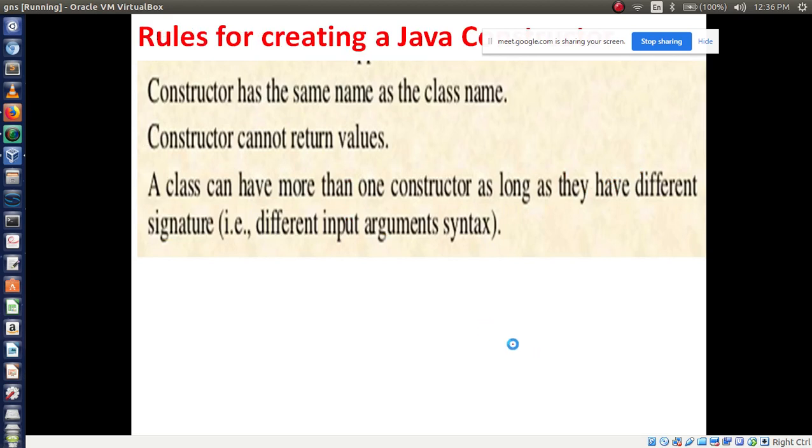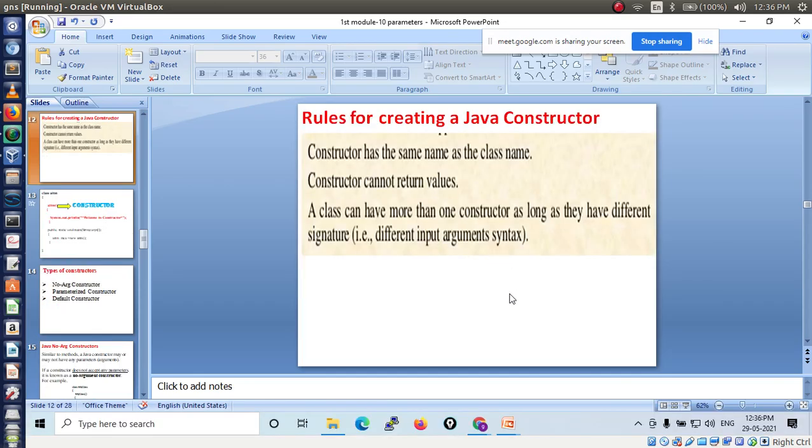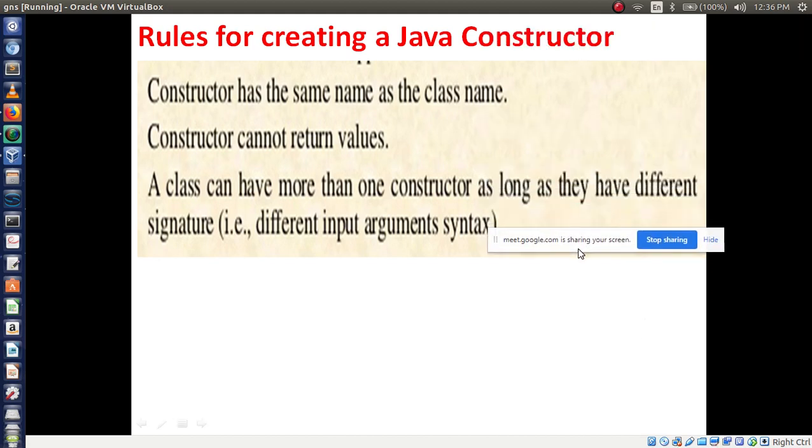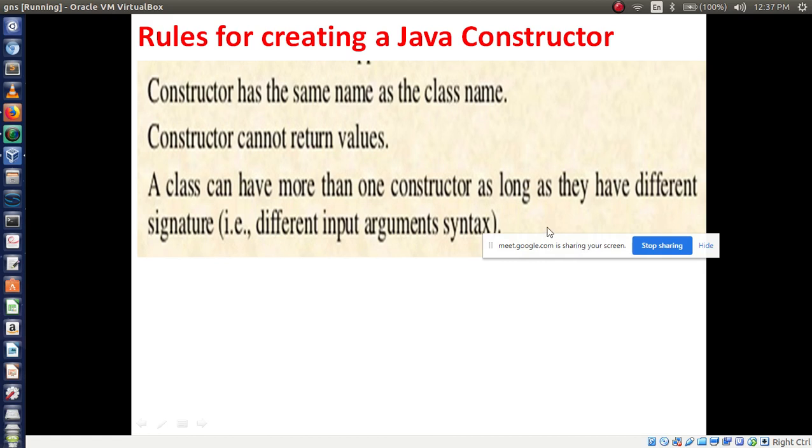Okay. Now, you have some rules to create Java constructors. What are the rules? Simple rules, nothing difficult here. A constructor has the same name as the class name. Like we have studied, whatever file name you give should be the class name.